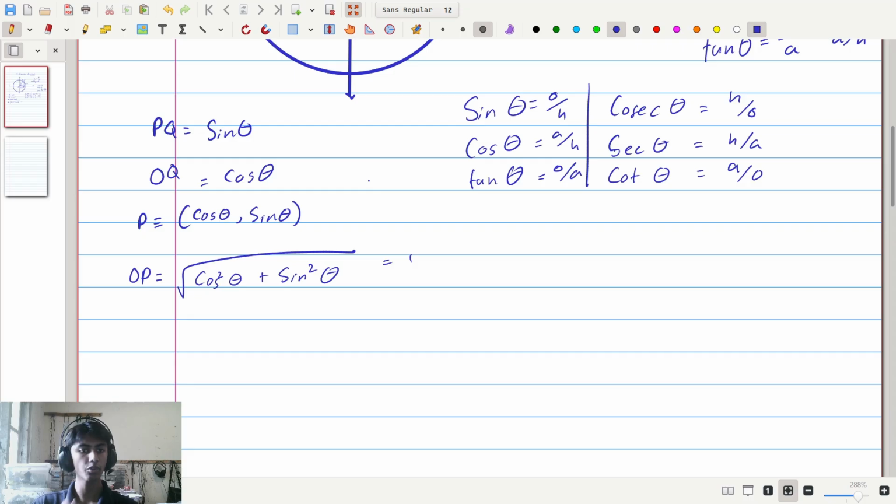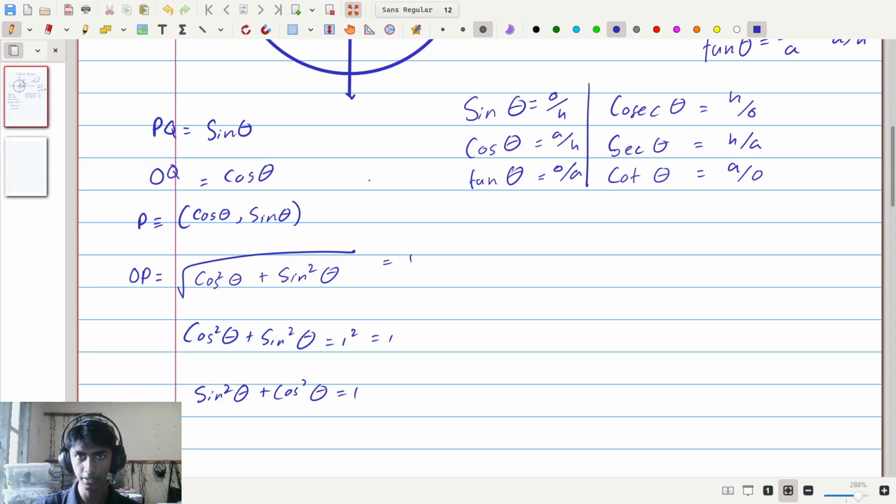So cos squared theta plus sine squared theta is equal to 1 squared, which is equal to 1. Meaning that sine squared theta plus cosine squared theta